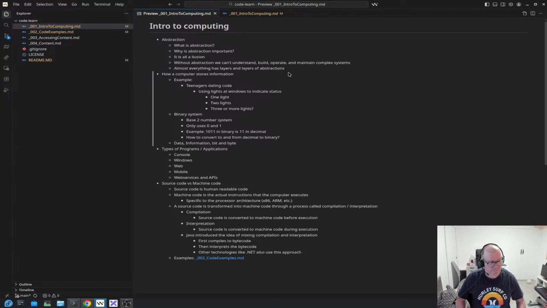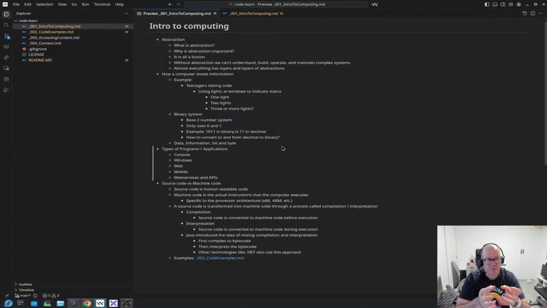Even a doctor, most doctors, they don't know all the details. You have to go to a specialist. That's why there is a cardiologist. So that is the idea: for almost everything, there is some abstraction behind it, and there are levels of abstraction. There are plenty of examples in our daily lives, and in computers it's not different.